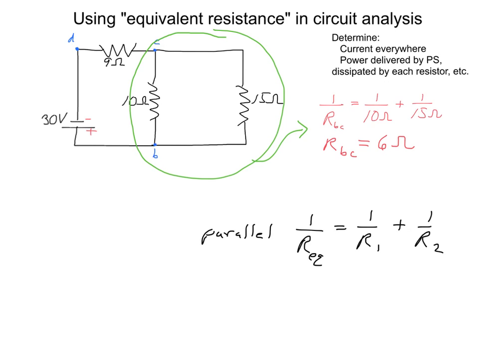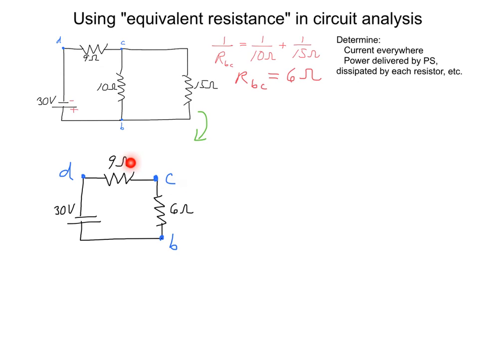So in other words, the rest of the circuit wouldn't notice if I took this parallel connection of a 10 ohm resistor and a 15 ohm resistor and replaced it with a single 6 ohm resistor. And so in the next phase of our problem, we can redraw our circuit diagram and replace these two resistors in parallel with a single 6 ohm resistor between point B and point C. So here's the representation of that circuit diagram, replacing the actual resistors between points B and C with this equivalent